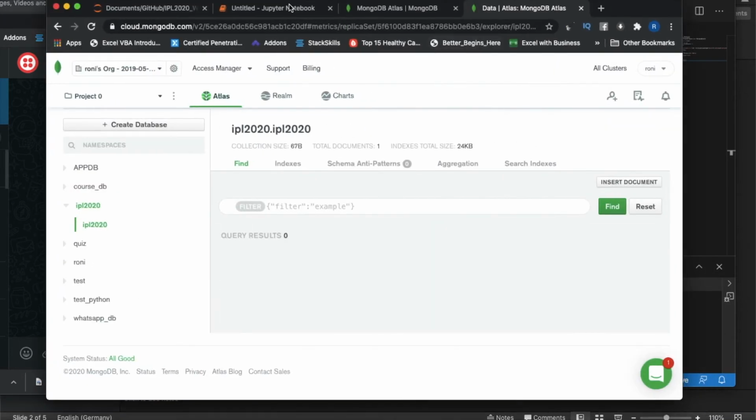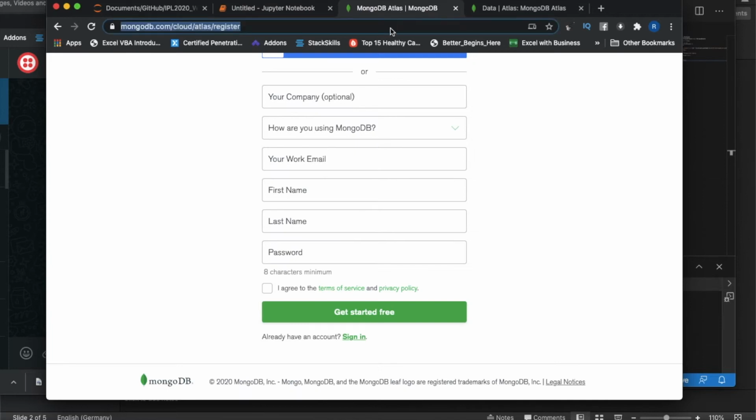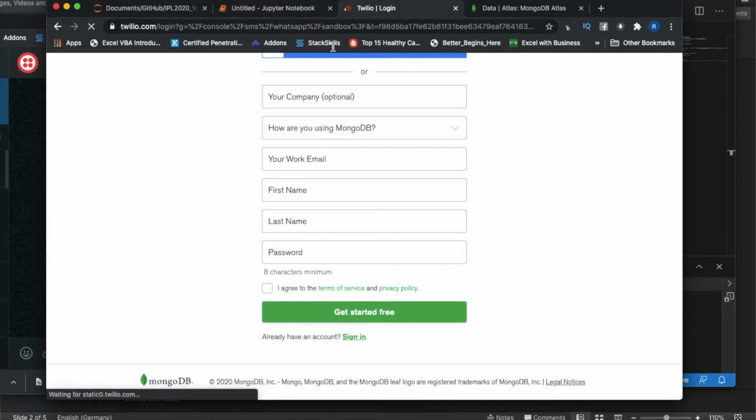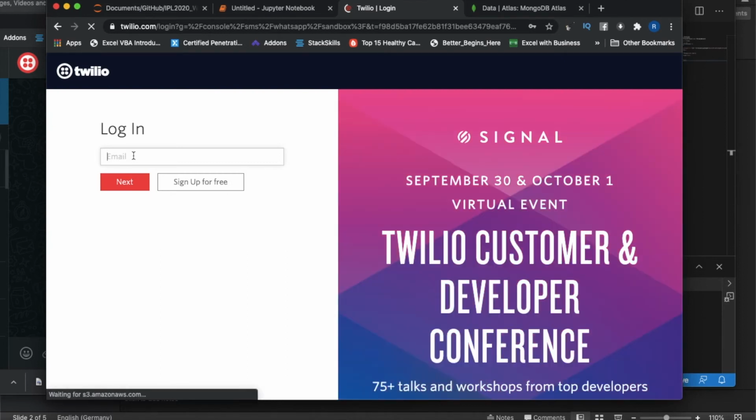I have already given the same host name inside my Twilio console, so I'll explain to you guys. This will be really interesting for all of you. For those who are watching this for the first time, maybe it is going to be a bit difficult, but if you are following my course for the last 2-3 months, it will be easier for you, because I have explained all this in my last tutorials.